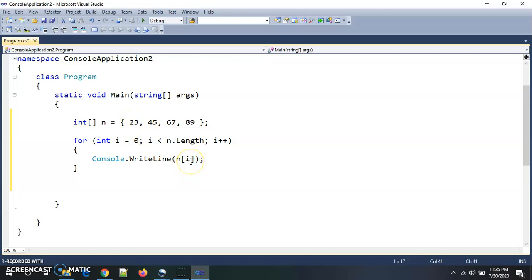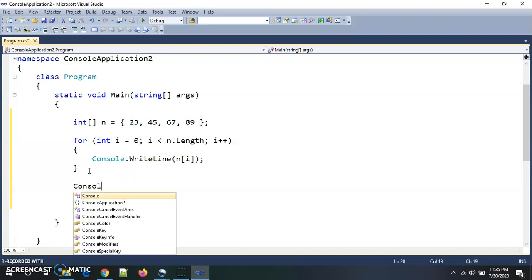Then i becomes 1, so n of 1, the value at index 1, which is 45, will be printed. In this way we will go up to 89. After executing this for loop, my whole array will be printed, and now I am stopping here, or I want to terminate this main.